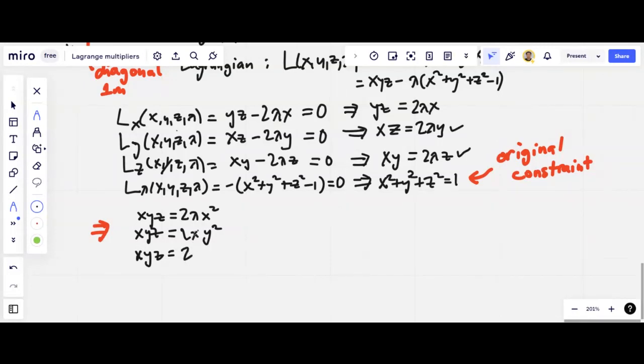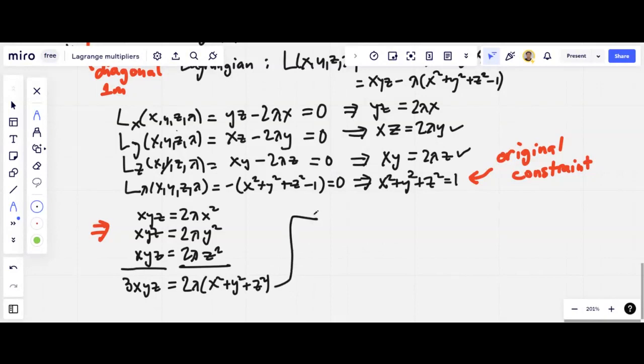equal to 2 lambda z squared. Now again, this is lambda. So let me write this out clearly. So this is 2 lambda. And what I will do with these 3 equations is to add up the corresponding sides so that we will get 3xyz is equal to 2 lambda times quantity x squared plus y squared plus z squared, from which we get